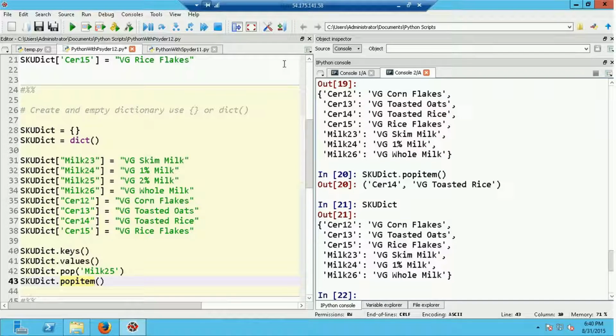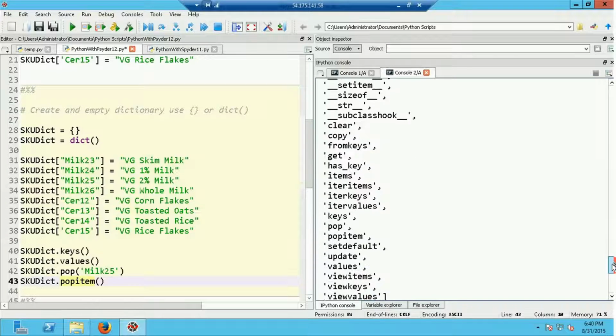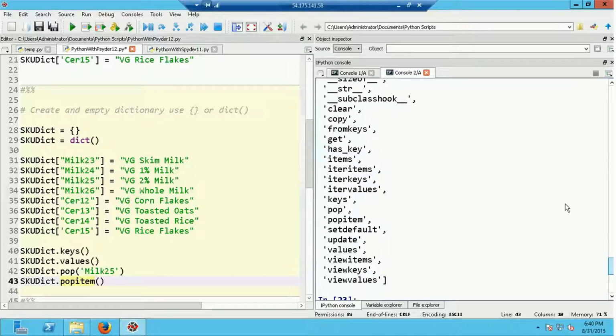Since dictionaries are objects, I can use the dir command to get a list of all attributes and methods of a dictionary. So if I go dir of SKU dict, I will get a list of all of the attributes and methods for this dictionary object. Now recall that anything that begins with a double underscore is intended to be private, so the only things I should really be looking at are the things at the end of this list that are intended, so to speak, for public consumption. So for example, you can see here is the method keys that we used, and pop item,